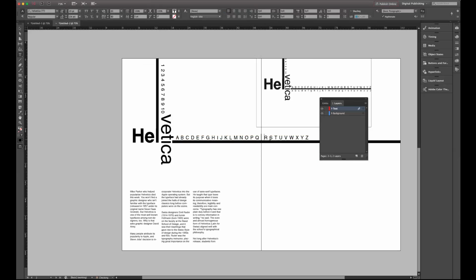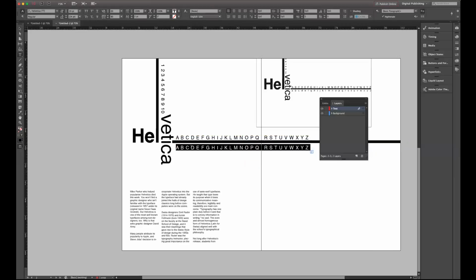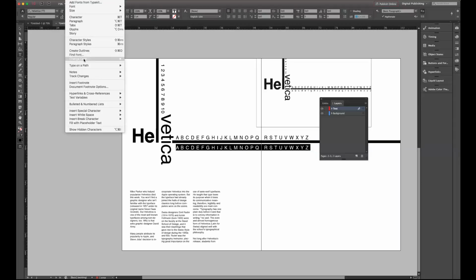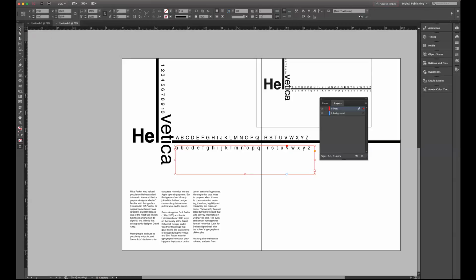I'm going to put a little space here between the R so that when the fold of the page folds, it doesn't cut it off. And then at the bottom here, you can put the lowercase letters. I just copied it, and then you can go to Type, Change Case, and go to lowercase. And so now they do the lowercase ones, okay? And this just needs to be spread out a little bit. Perfect. Okay, so we've got our lowercase, our uppercase.